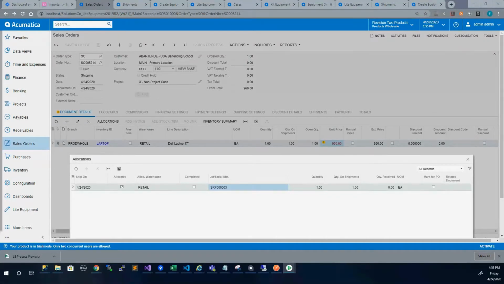Everyone, this is Jim Carroll together with Fernando Amadaz, and we're here to talk about the Acumatica and Advanced Solutions Light Equipment Module. In a day in the life on a light equipment module, we're starting off with a sales